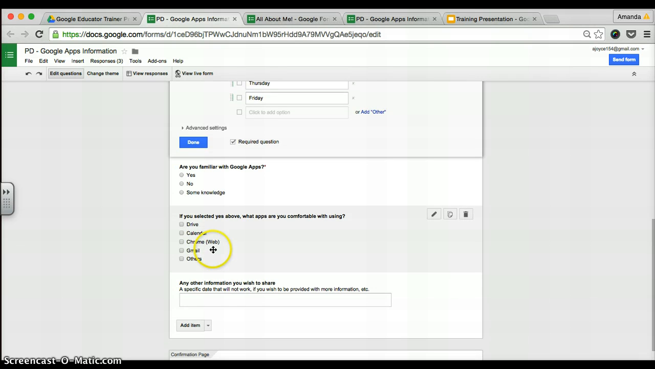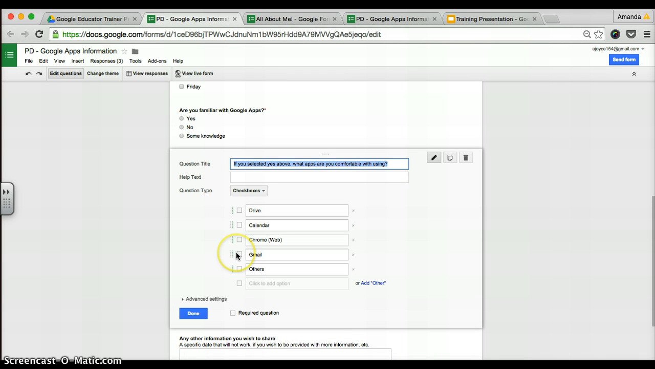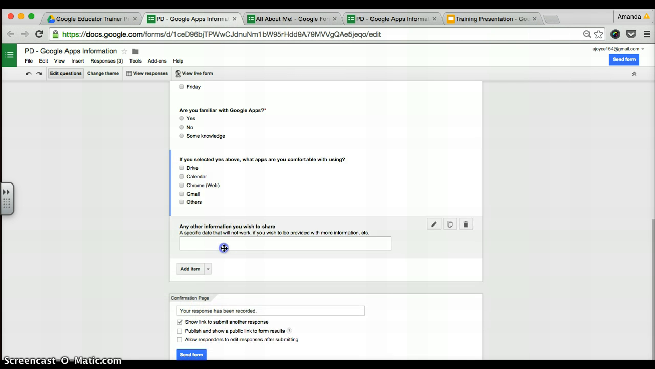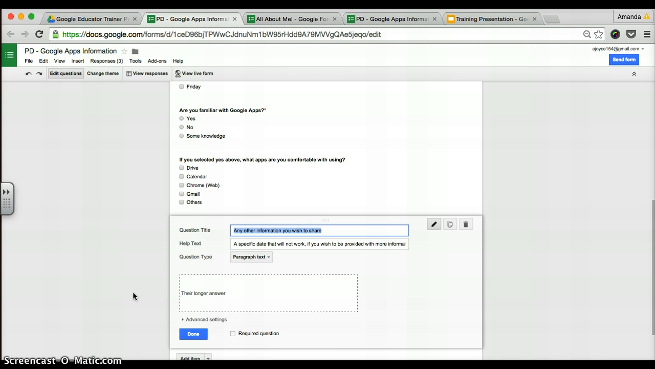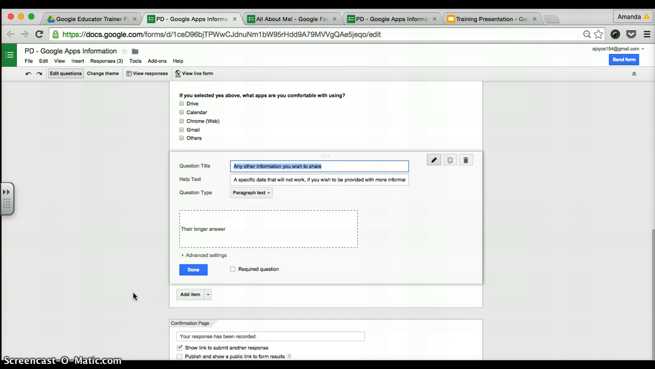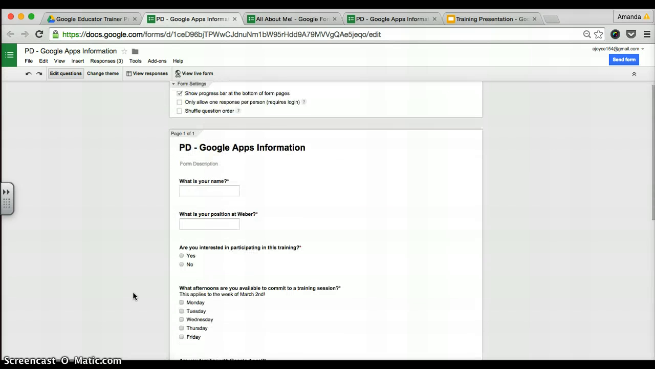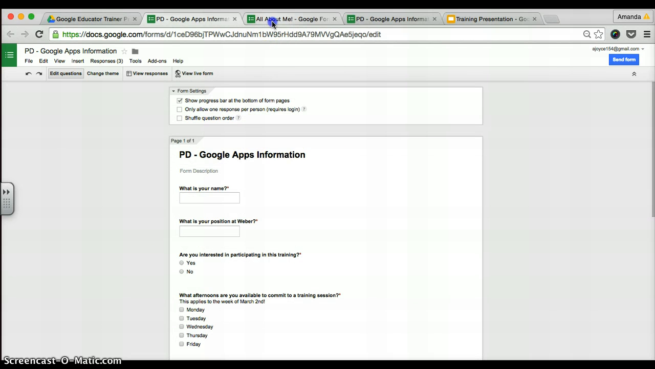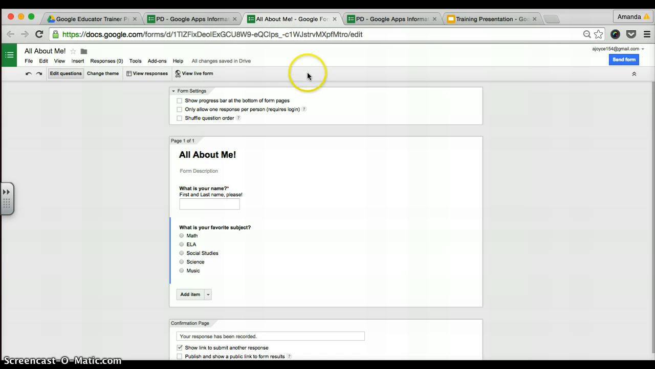Which apps are you comfortable with? Again, that was a checkbox because there were multiple apps that you could be comfortable working with from Google. And this was a paragraph text because any other information that you wanted to provide, I wanted to make sure you had enough space. So I'm going to go back to my example all about me